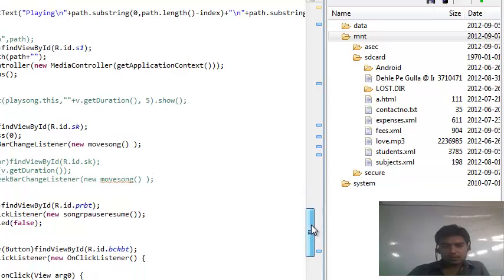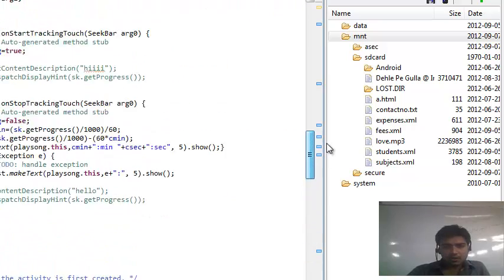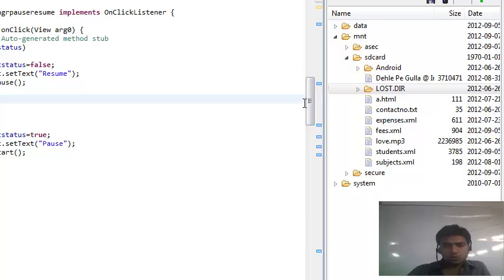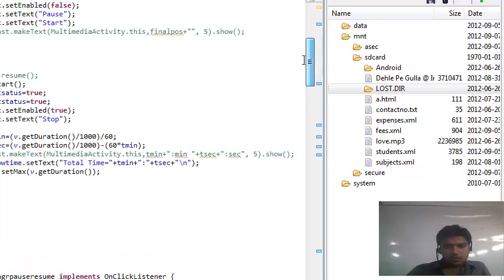So we just apply the seek bar logic over here using the thread. We have to use the thread so that two functions are functioning over here simultaneously. One, the song should be played, and other, the seek bar is playing over here. Okay, so we just use the logic for its time.